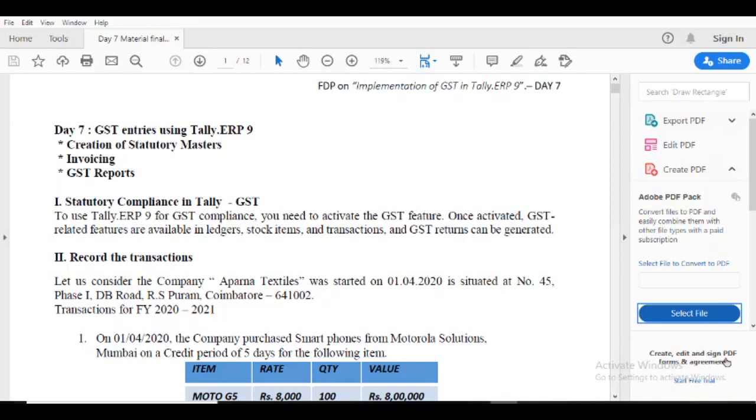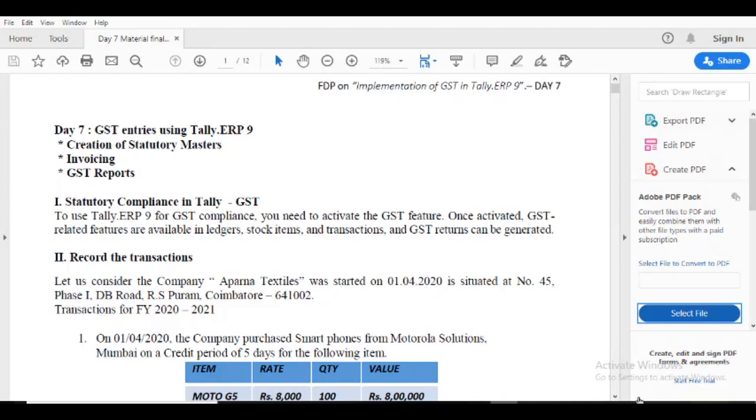Online return filing is not a practical session, just some explanations with very clear screenshots. I give the material, so you get the knowledge apart from Tally, and how to export the Tally GST data and how to import it in offline mode in the GST portal also.